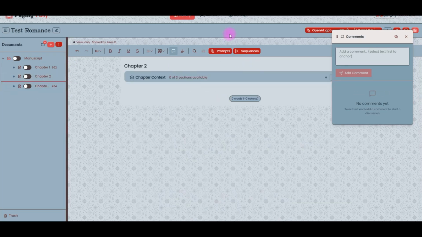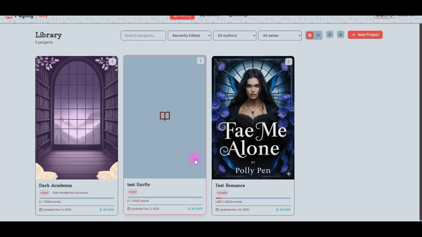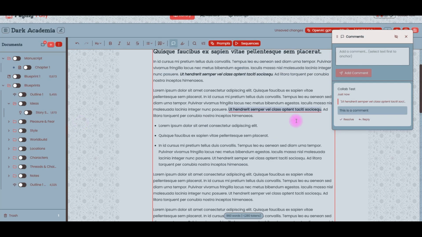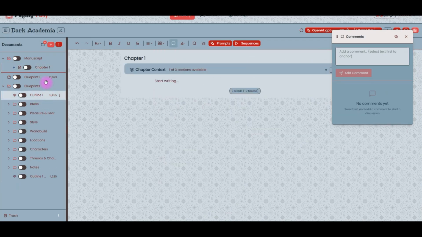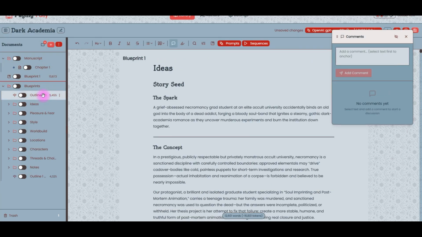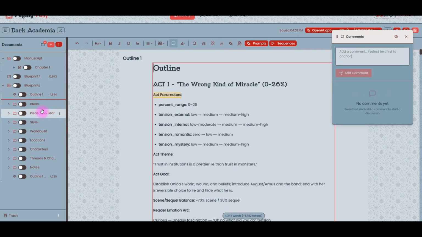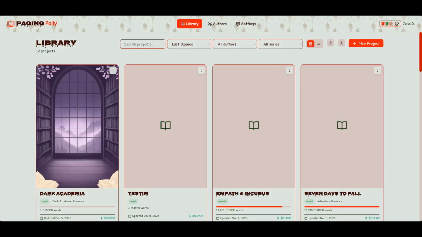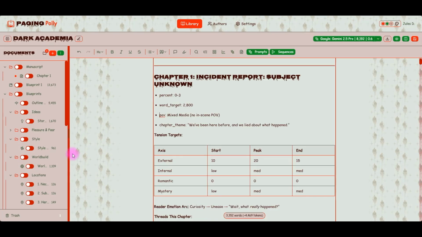Okay, and we're going to come back out to library. I'm going to show you this one. Let's see. Oh, this loaded the old one. There we go. Now you will see there was a lock on that file. So if I come here and I come back over here, I'm going to open this file and I am going to